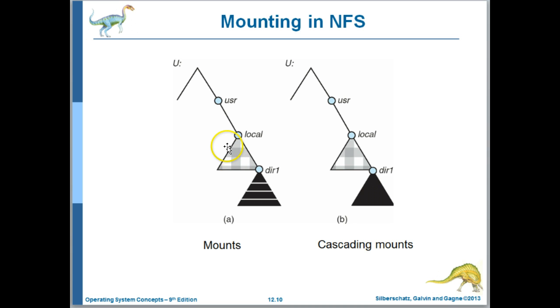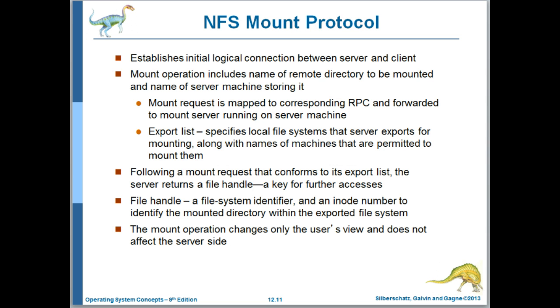Right. So here are the directories from the first server, and then this shows the cascading mount as mounted by the client. So here we see that NFS is built on top of the remote procedure call protocol that we studied a while back. Servers maintain export lists, so that specifies names of clients that are permitted to mount certain named directories,